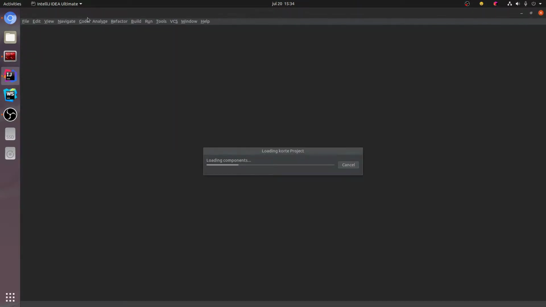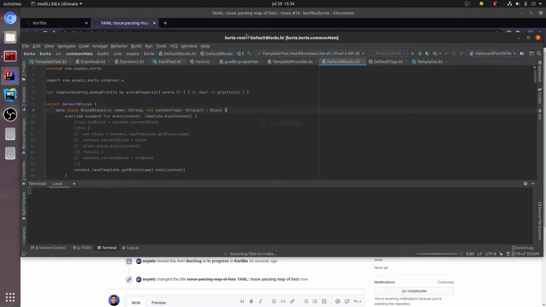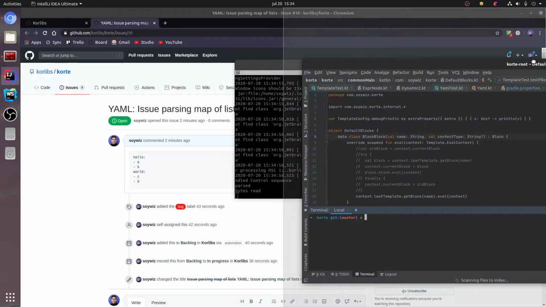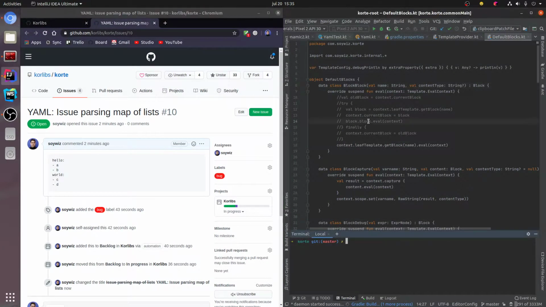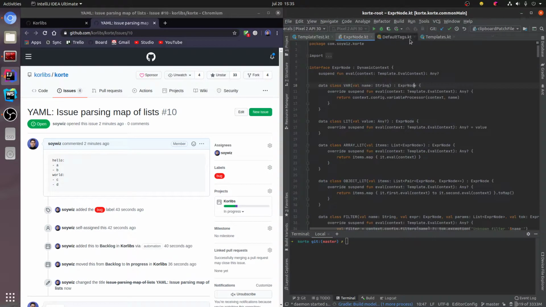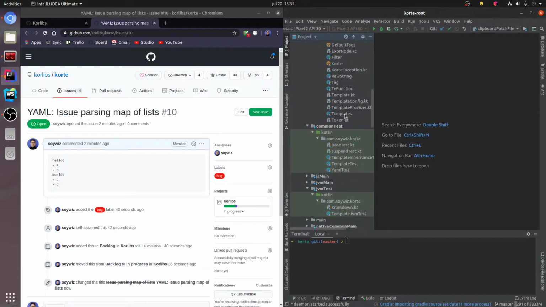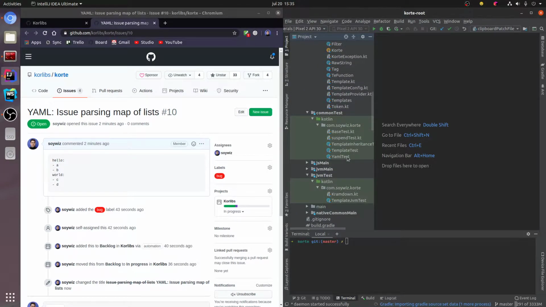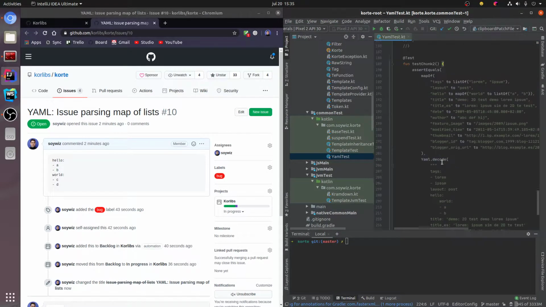So later I will backport the fix to KorIO too. So first of all, I'm going to create a test in the test folder, in the YAML test file,